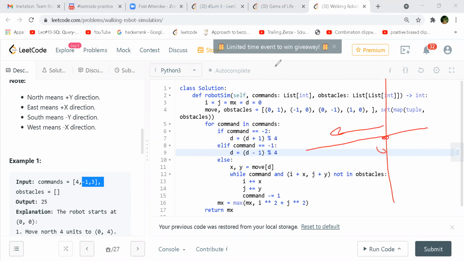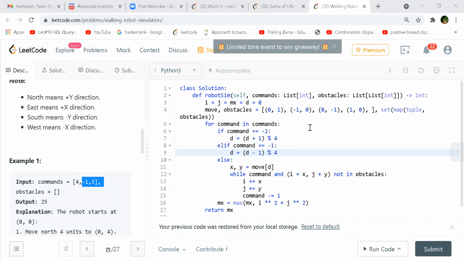Yeah, you're right. So he's actually maintaining, if we move to the left always, that is what he is following in this move array. Because if you look at the first value, which is 0, 1, you are moving on the y-axis in the positive side.